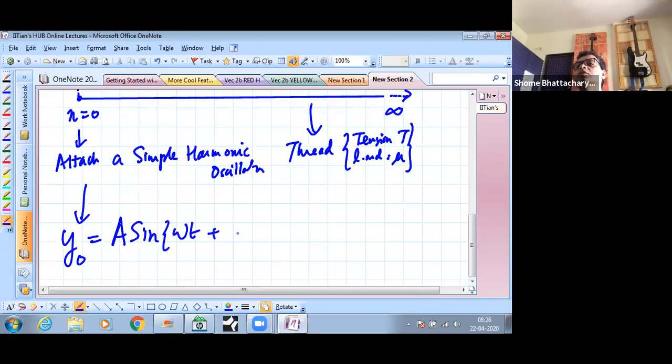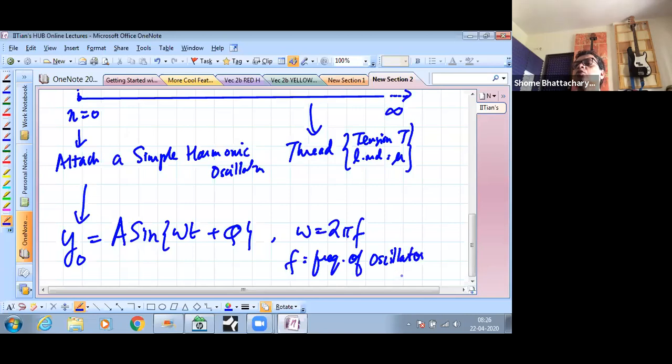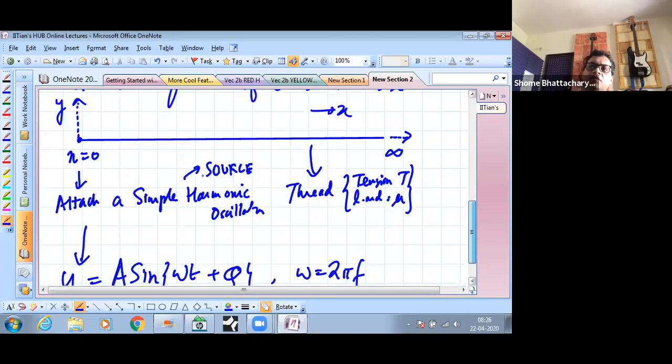plus some phase constant, where omega, as you know, is the angular frequency, or 2 pi f, where f is the frequency of the oscillator. Whatever oscillator we have attached at the origin, that one's frequency, we can call the source of the wave. So this is acting like the source of the wave. The properties of the medium, that is the elasticity of the thread, expressed in terms of the tension, and the inertia of the thread, expressed in terms of mass per unit length,